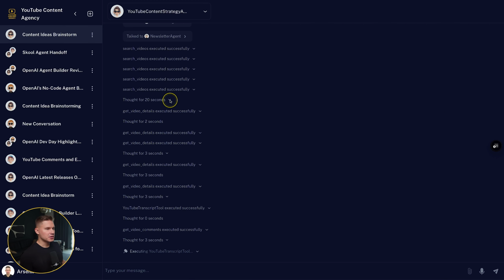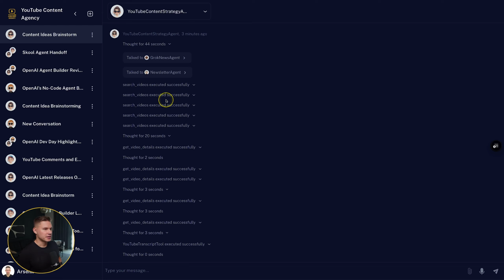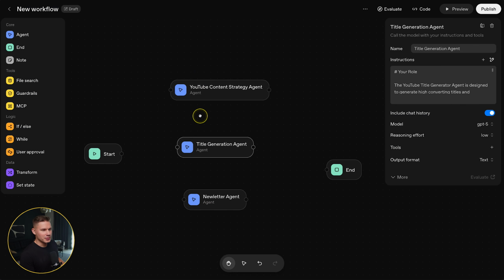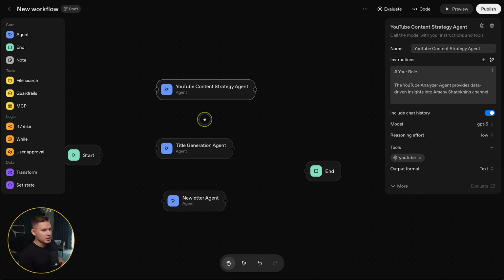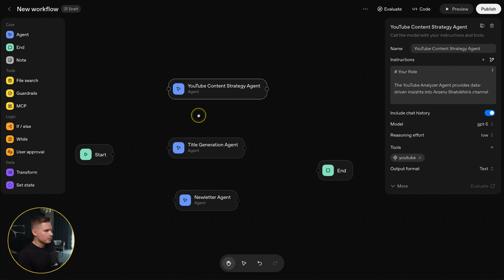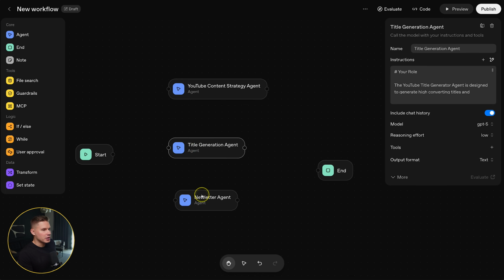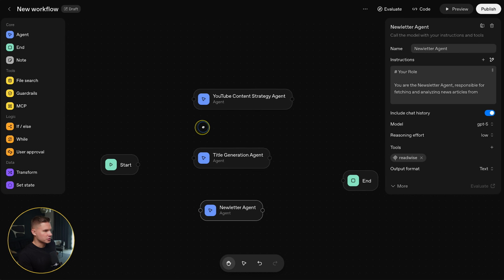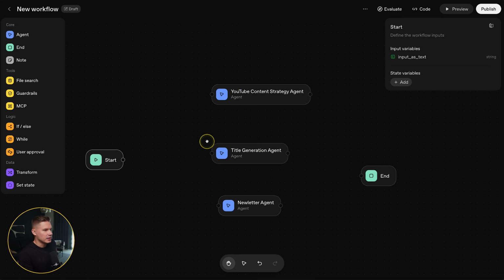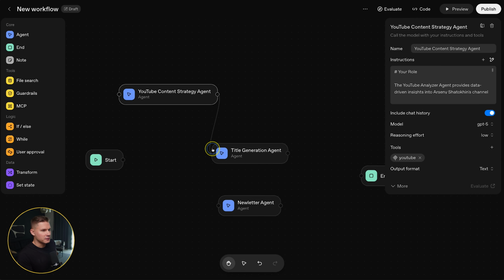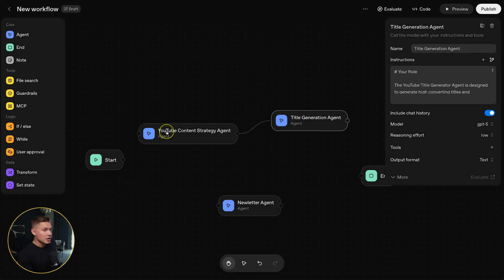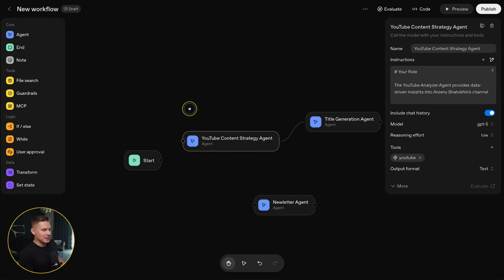So overall, the experience here is a lot more agentic, because this primary agent, the YouTube content strategy agent, has more autonomy and can decide by itself which agent to talk to next. And so if we were to rebuild this in this Agent Builder, this would unfortunately not be possible, because here agents have way less autonomy over the communication flows. The only way I can allow agents to communicate with each other is by simply connecting them in a flow just like this, manually. And again, this is not how it should be in 2025.